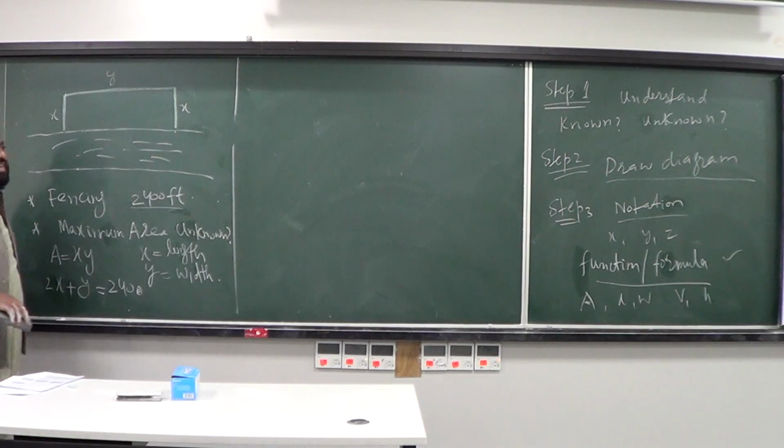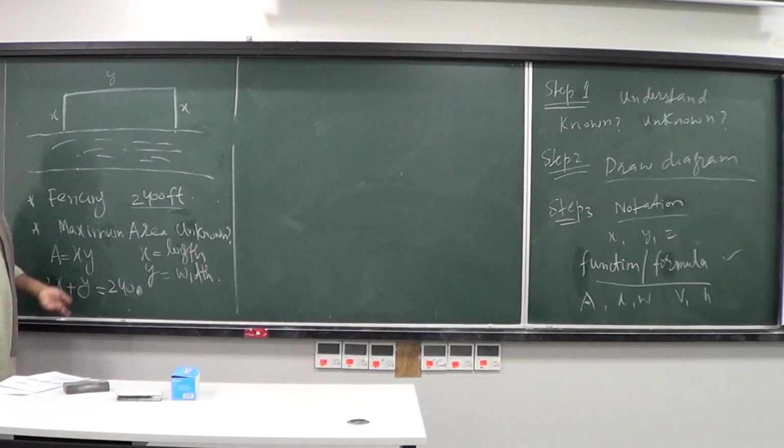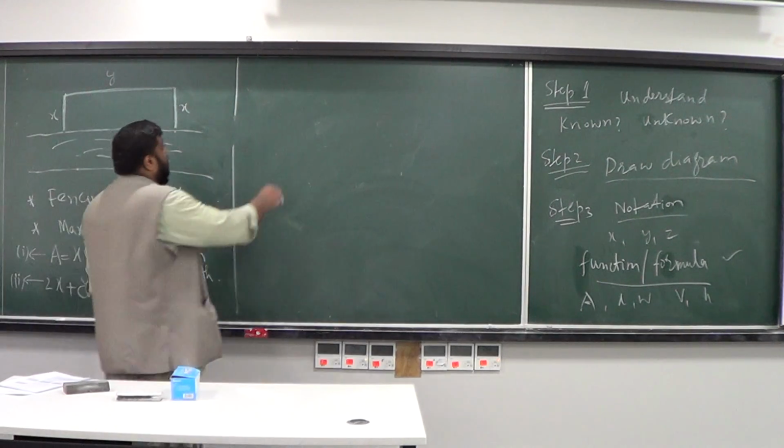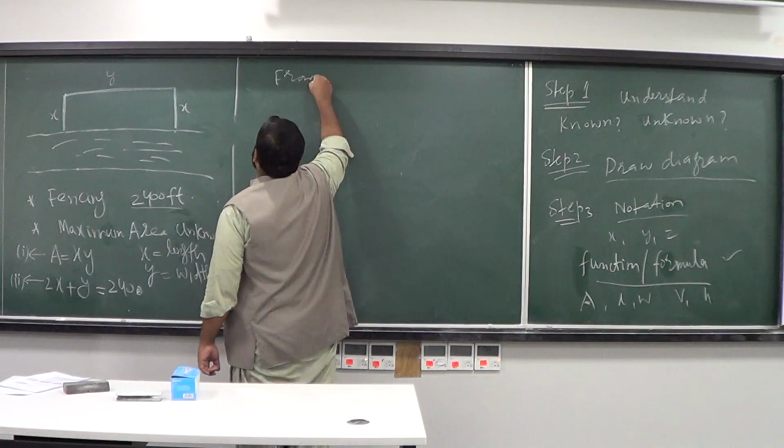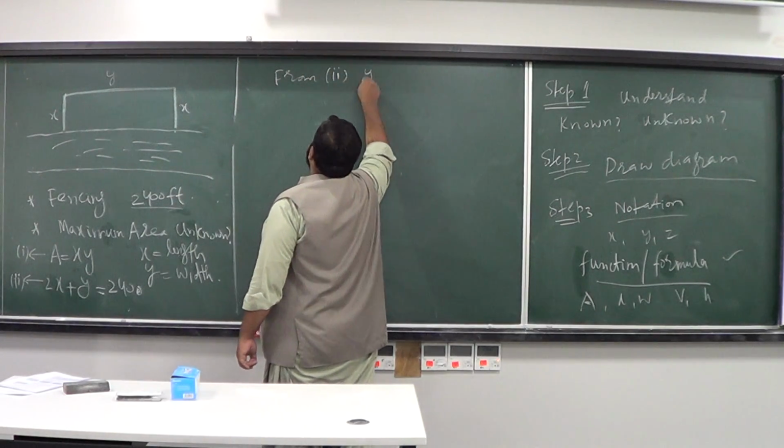So if the area can depend, for example, on one quantity only, then I can apply my optimization technique to find out the maximum area that I can cover. And it is not difficult. For example, if you call this equation number 2 and call this equation number 1, and I isolate, or get the value of y from here and substitute it here. So from 2, I can get this value, which is